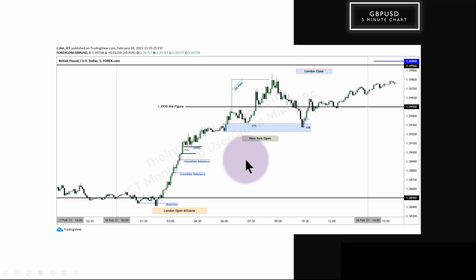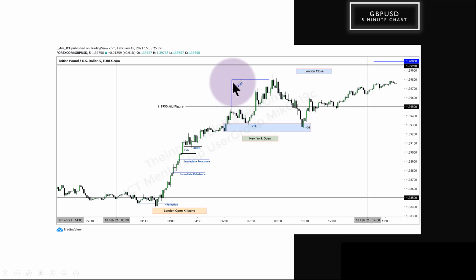I'm talking about everything. Throughout this year, you're going to be getting the final treatment for everything that you've already been introduced to, plus new things I haven't taught yet. So we have another mid-figure level here again, 139.50 mid-figure. Price draws up, just falls short of it, and then comes back down into New York Open optimal trade entry. See that? Hits the order block, rallies,